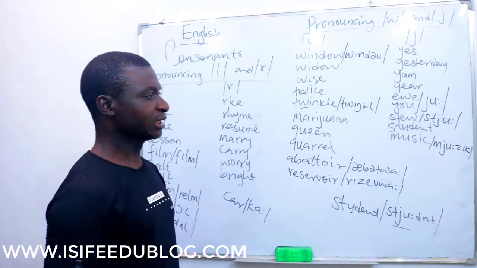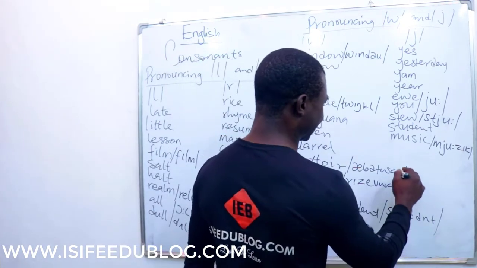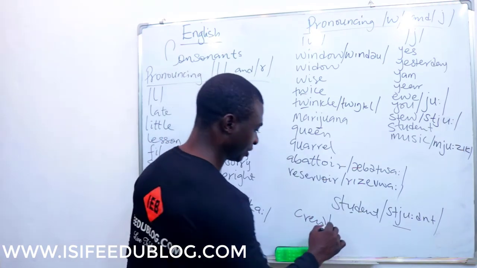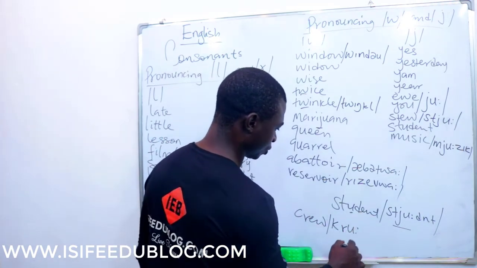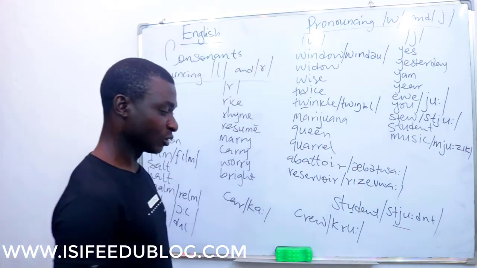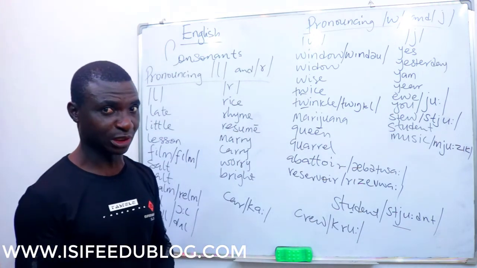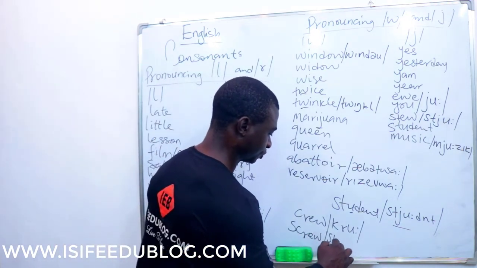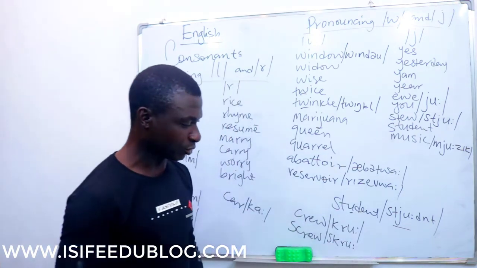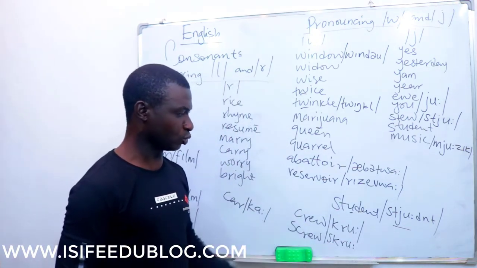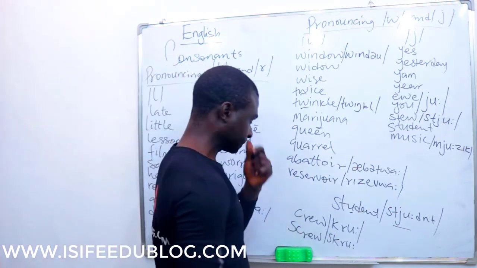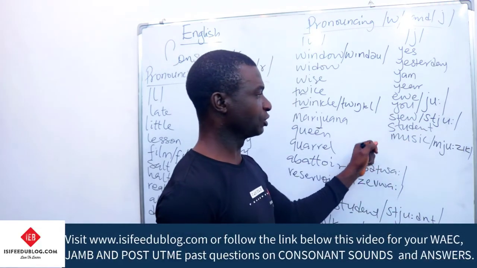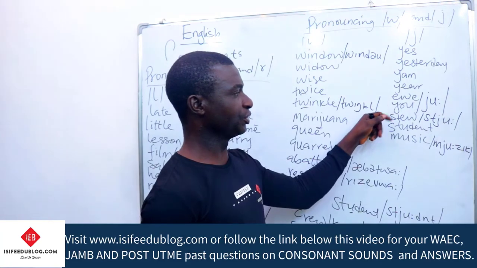Music. Right? Take note of the fact that words like this one, CREW, will not behave that way. This is screw. Alright? Not crew. That's what I want you to understand. Not crew. This is screw. Screw. Crew. Alright? This is music, student, stew, you,